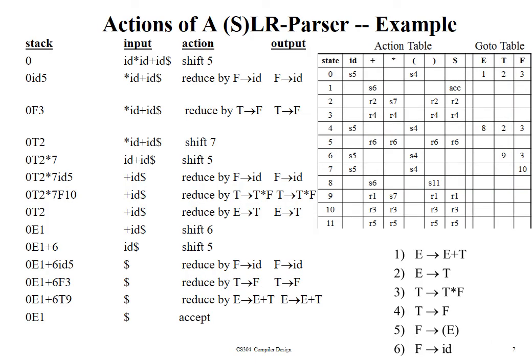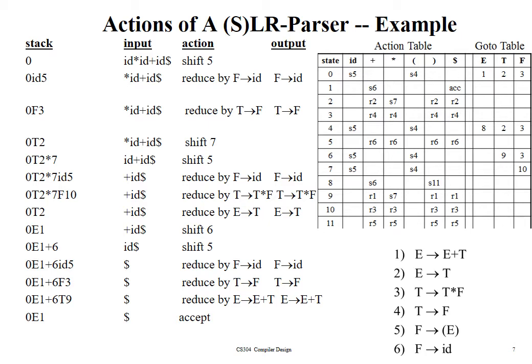So this is a slide that shows the illustration of the LR parsing algorithm. For that, we will be given initially a string. Here we are considering as an example ID star ID plus ID. That is the string, appended with a dollar at the right end. And this string came from a set of productions: E gives E plus T, E gives T, T gives T star F, T gives F, F gives E within brackets,